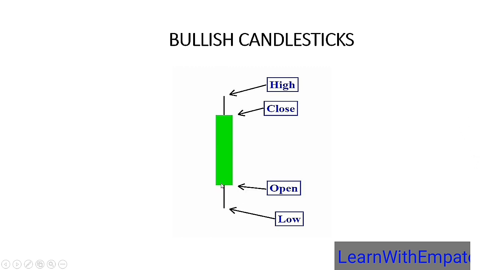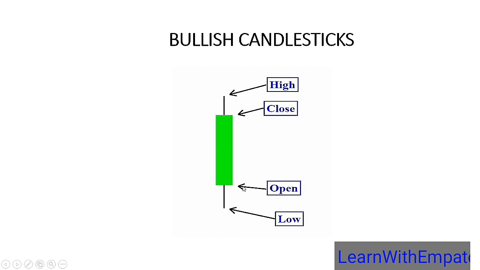So the market started at this level, opened at this level, went up, went as high as this level within that same period of time. Let me say with 1 hour from 3 o'clock to 4 o'clock, it went as high as this and then closed here. Or it can open here, went as low as this, went up again as high as this and closed here. I hope you understand that.